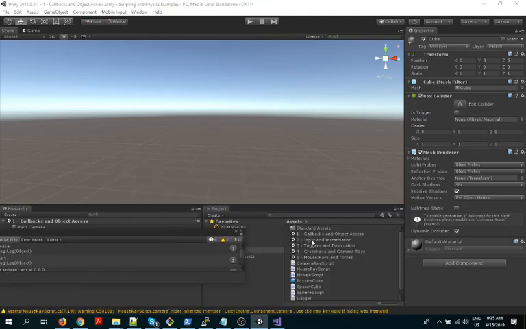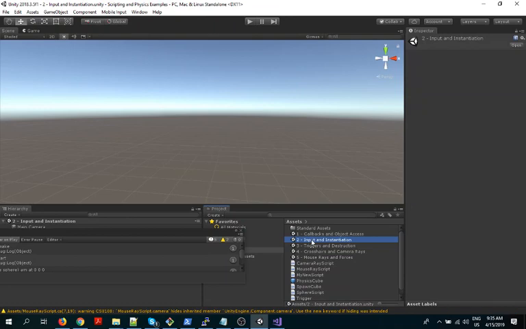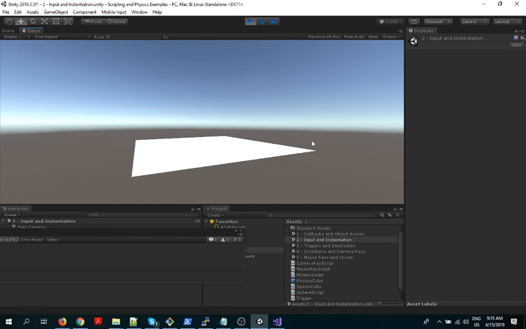Okay, so there's a scene here called input and instantiation. Let's see what this thing is about. So you double click over there, and then you press play. You can see the first of the scenes that's going to have some physics in it. Now this looks really boring, but if you press the space bar, it gets slightly less boring, because it will spawn in the cube that you see drop to the ground under the control of physics. And you're not limited to one. No, you can have as many as you want.